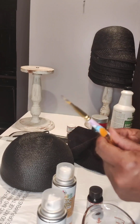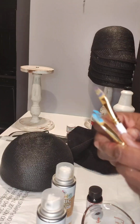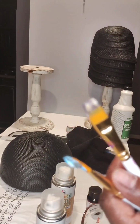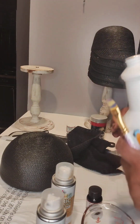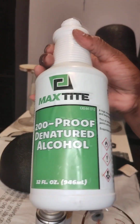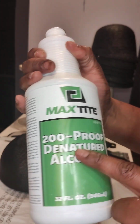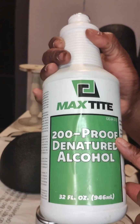Okay, I'm back with some brushes, but guess what? Let me tell you, you have to rinse your brushes out as soon as you finish with them, because if you don't, you have this hard paint on them that you're going to have to work harder to get off. So to get off this paint, I'm using denatured alcohol. It's 200 proof,